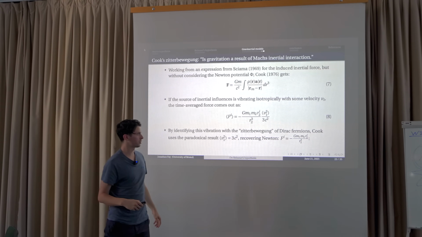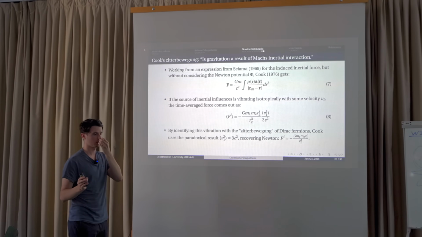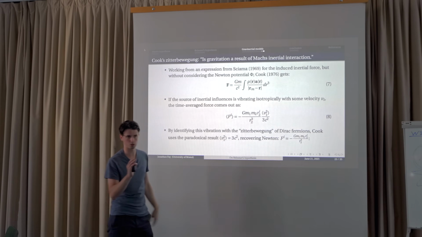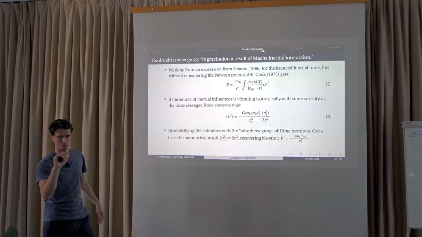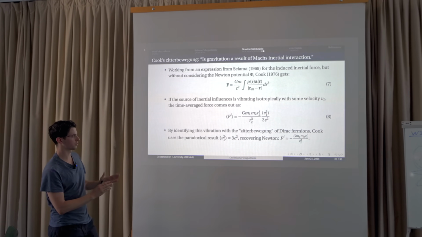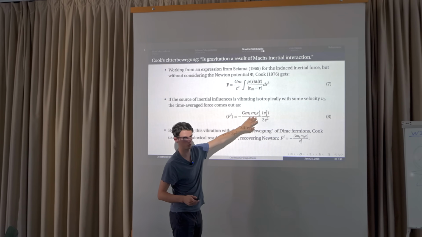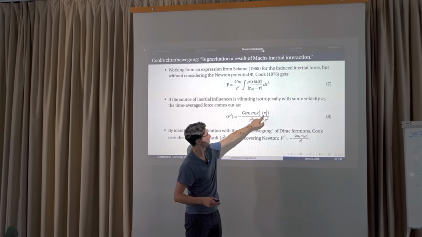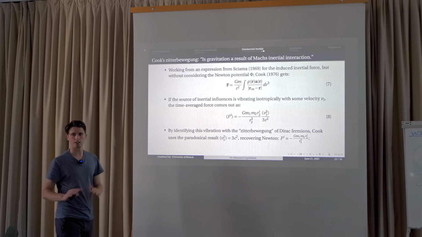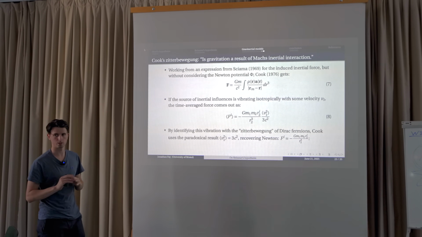And then he's able to show that, rather than using a classical model where he's not able to get the correct force to be consistent with Sharma's theory, which was implicitly using this result G equals c squared over phi, in order to get a force consistent with this, he actually has to use quantum mechanics, because he needs this to correspond to Newton's law, right? And for that, you need your velocity squared to be 3 times the speed of light squared, right? Which is a weird result, that you get your average velocity squared to be 3 times the speed of light squared, which is just a strange result